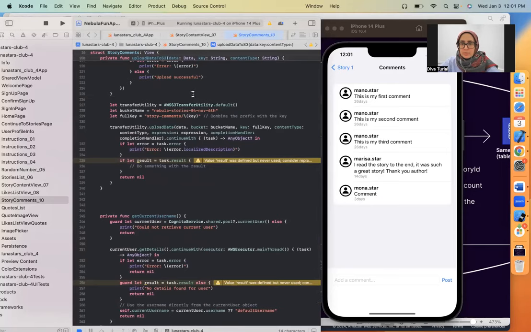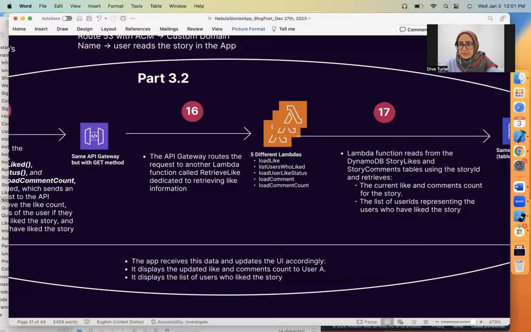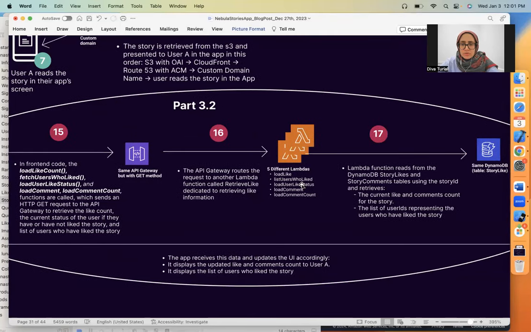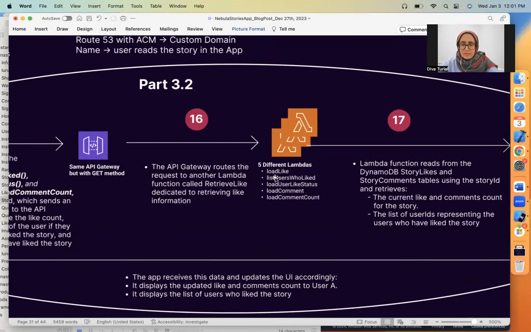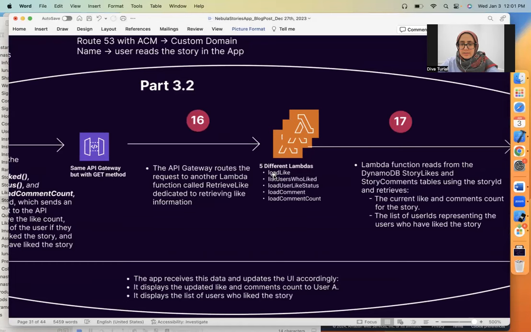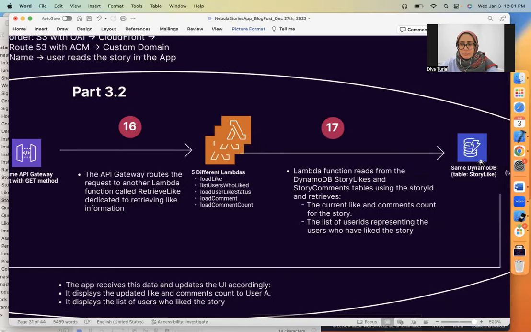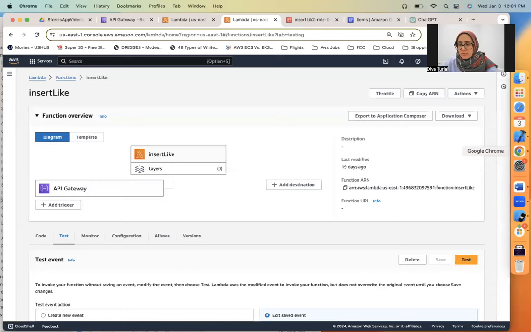So I'm going to put this thing back in here. What I'm going to do right now, I might not go to creating all of them because it is kind of the same thing. You create an API gateway Lambda function, and then you integrate the Lambda function with the API gateway. And then in the Lambda function, you make sure you actually add the name of the DynamoDB table. So now I'm going to show you the